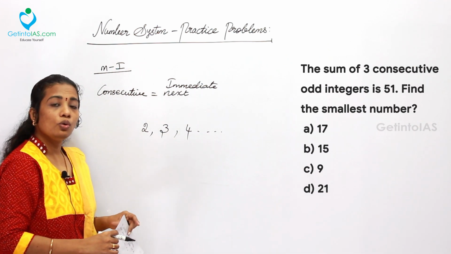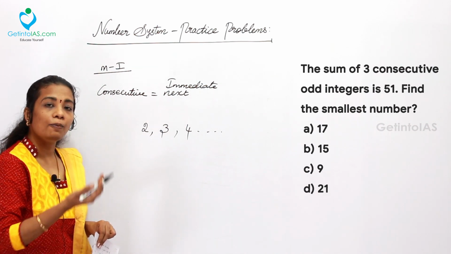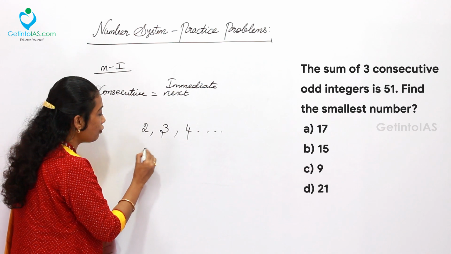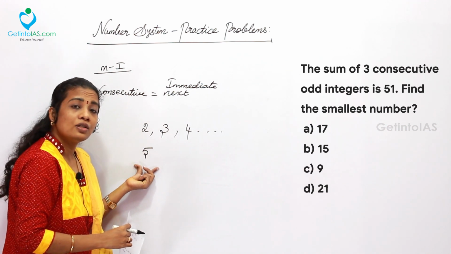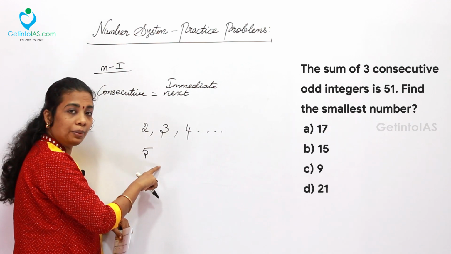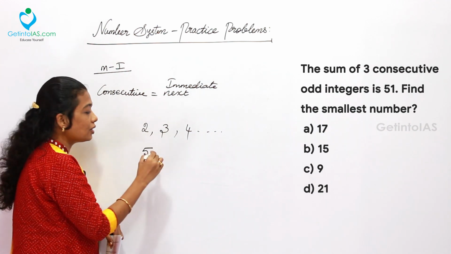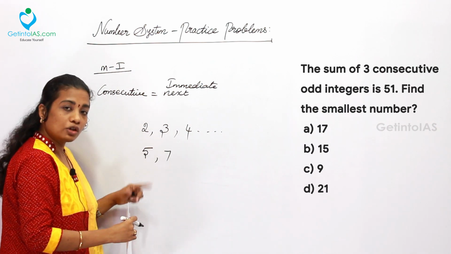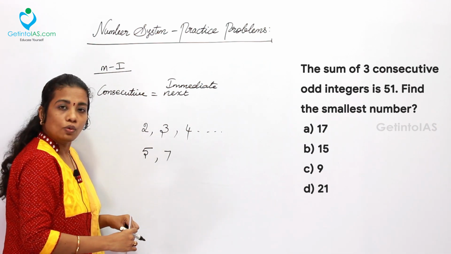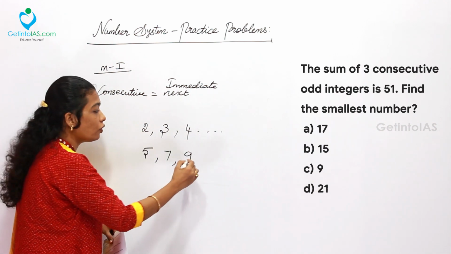Now I am giving you the even number and odd number category. You want to say the consecutive number. Now I am giving 5. So what is the next consecutive odd number to 5? After that 6 will be there, but that is a natural number. I want only the odd number. Your answer will be 7. After 7, what is the consecutive odd number? Your answer is 9. After that, what is the consecutive odd number?